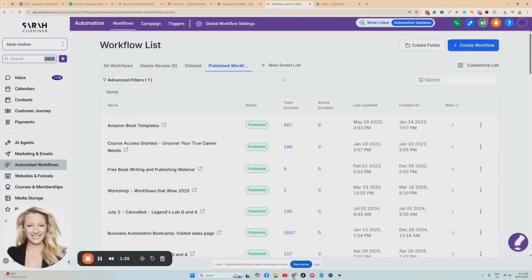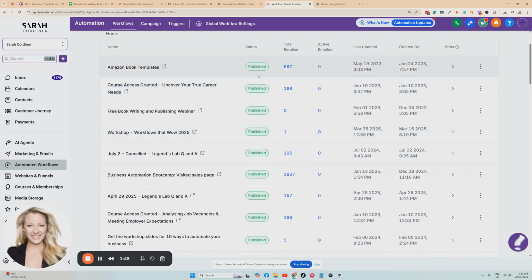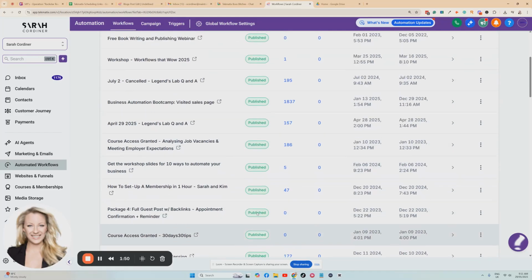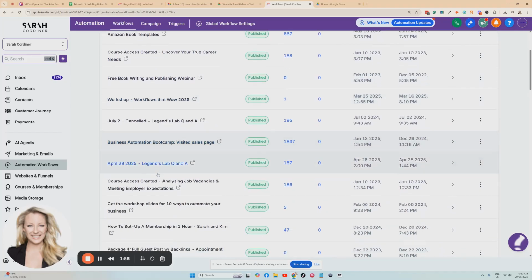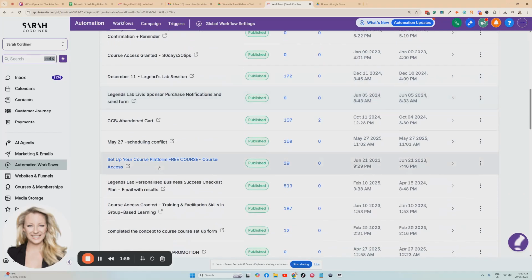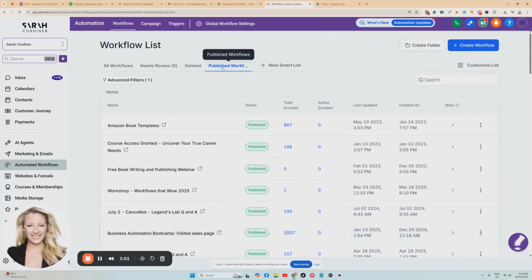So what this will now create is basically a live active list. You can see it right there. It's called published workflows. Now, when I click on this tab, it's created a tab inside my workflows area that's only showing my published workflows. So of course, I'm going to want to go through here and say, are these all up to date? You know, should that one be published or should it be unpublished, for instance? And this is going to give me a really quick, organized way of finding those particular published